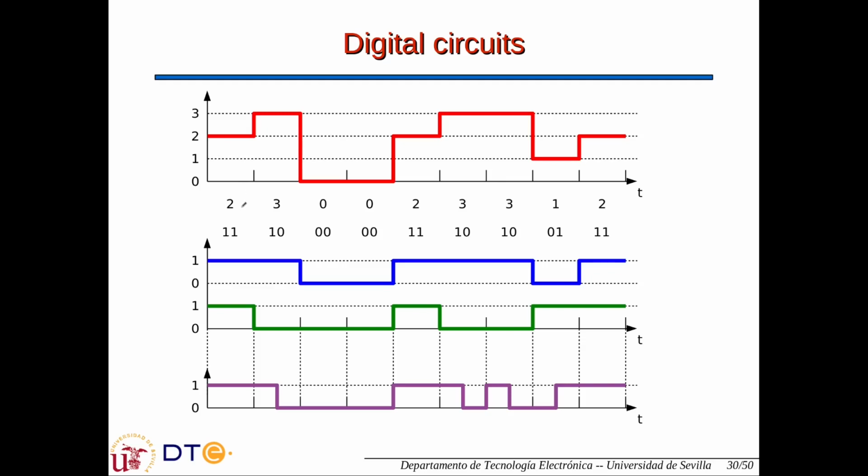But normally it's easier to handle these digital signals if, instead of having multiple values, more than two values, they are restricted to be binary digital signals, only two values. And it can be done very easily because any sequence of numbers can be represented with a set of binary values that we call bits. So 3 can be represented by 1, 1, and 1 can be represented by 0, 1. So a digital signal like this can be represented by two digital signals that use the binary representation, or even